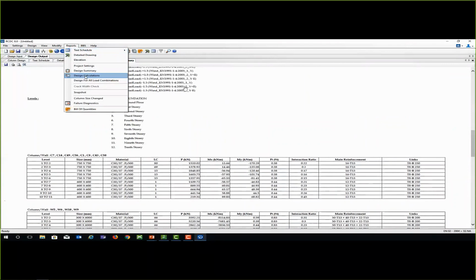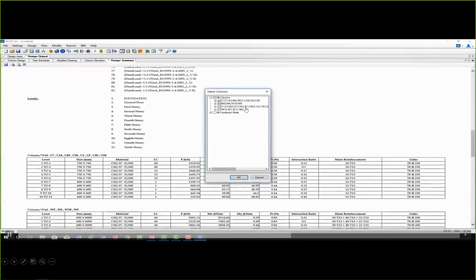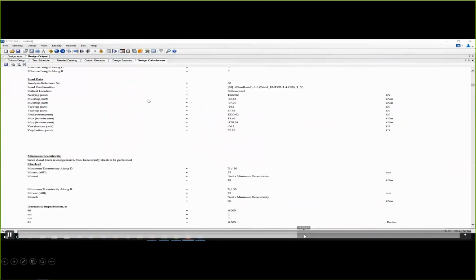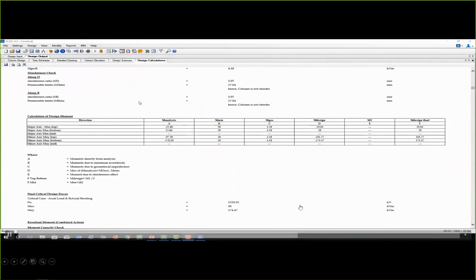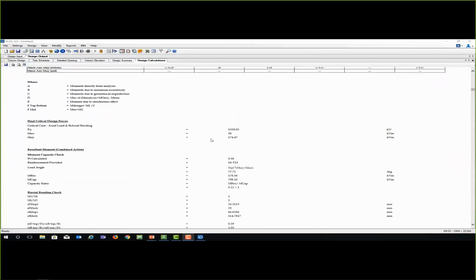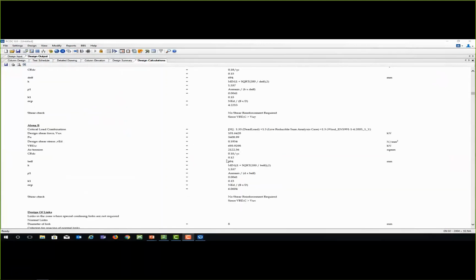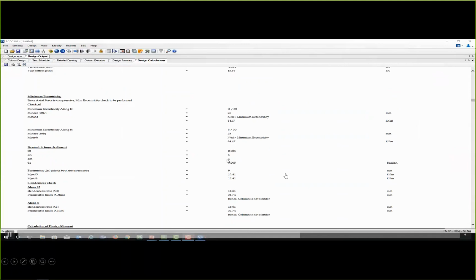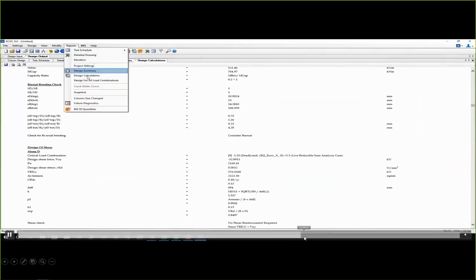And next, we can pull out the design calculations that show a step-by-step calculation report, including the code reference, the formulas,